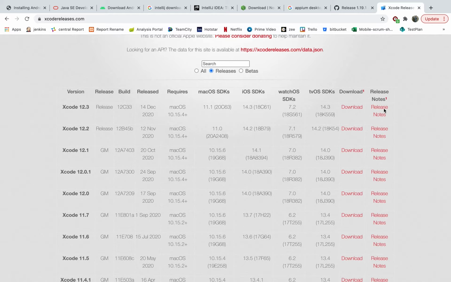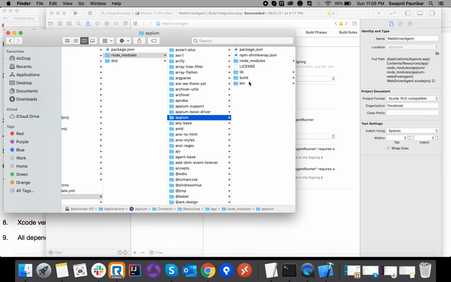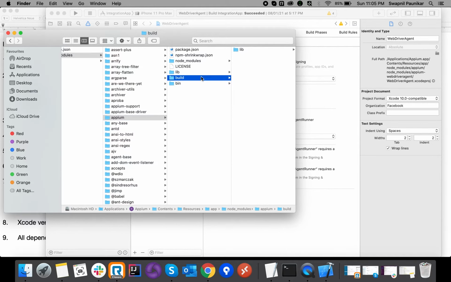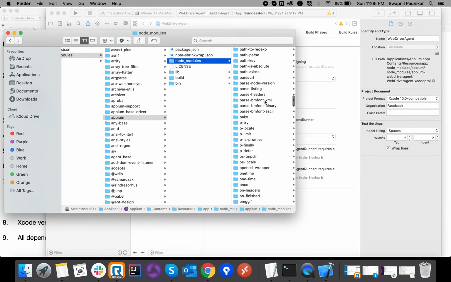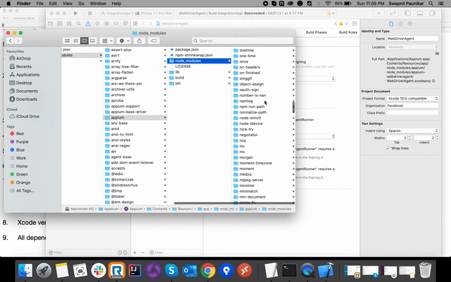Under that we have to go to appium, then again node_modules we have to choose, and again, yeah, this one.